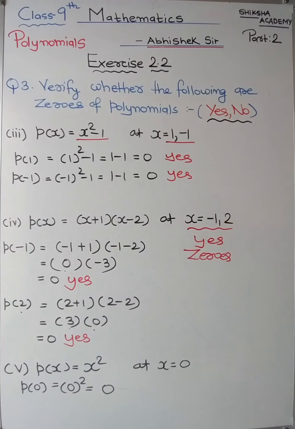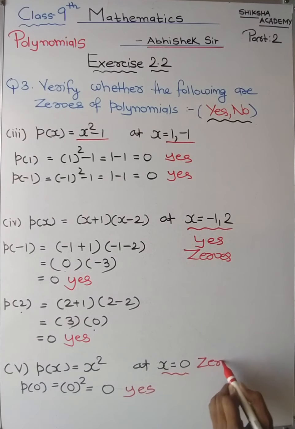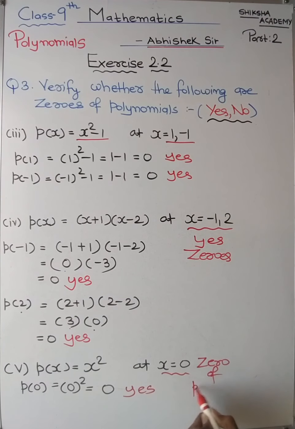Clear? Fifth question, very easy one. P of x is x square, and they have told you to find out the value of polynomial at 0. Is it 0? Yes, 0 square is 0. So 0 is the polynomial's 0, Z-E-R-O. It is the 0 of P of x. Next question